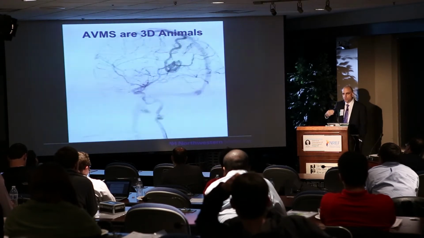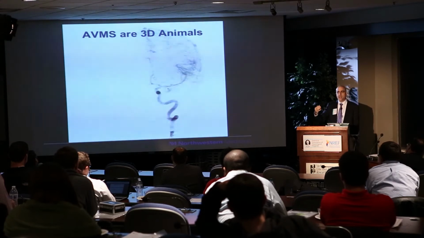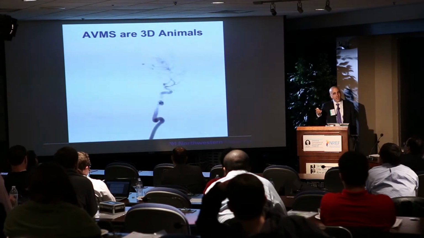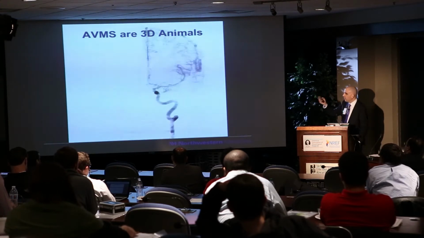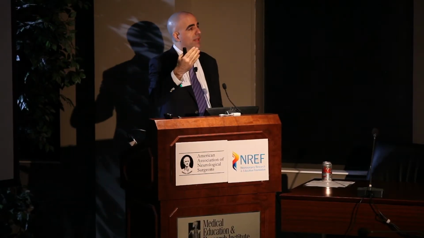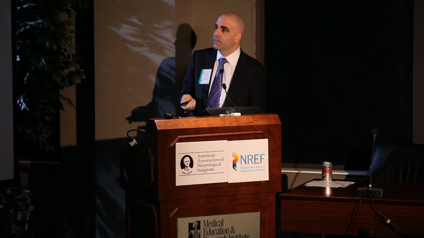They're not two-dimensional cartoons. And this is a rather simple AVM, so as they get more complicated, and as you go beyond the angiogram, you need to be thinking about the white matter tracts around an AVM. You need to be thinking about perforators. You need to be thinking about the cortical representation around them. And beyond that, you need to think on the molecular level and physiological level, what is the AVM doing to the surrounding brain tissue on many levels.